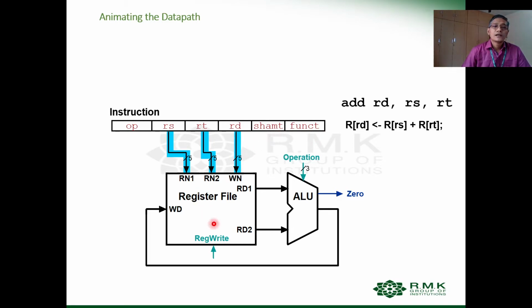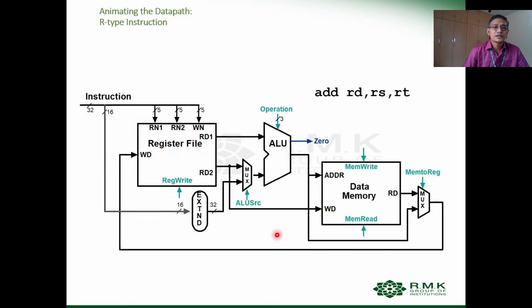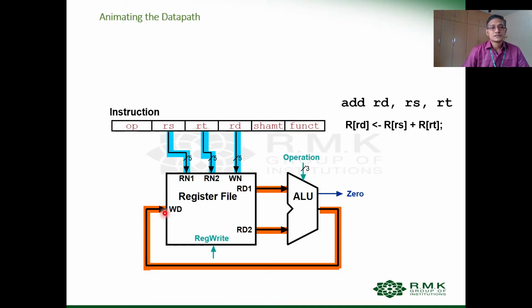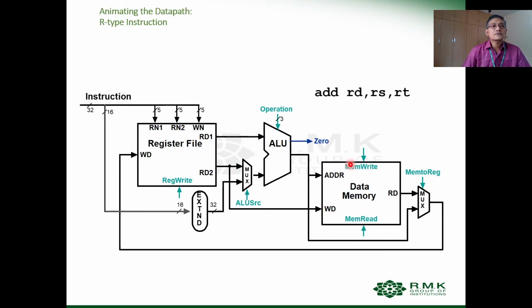Now what will happen is the ALU will read the contents from the ports of the register, that is the first source register and the second source register, and it will perform the desired operation, and the result is written back to the destination register. This is how the corresponding functionality is performed for R type format. So if you see, the instruction is fetched. After the instruction is fetched, the RS, RT and RD are taken into the register ports.